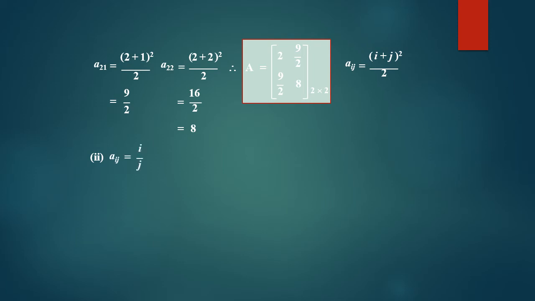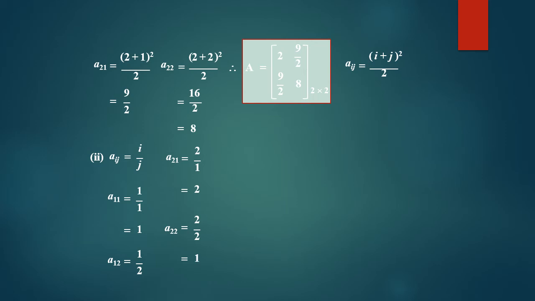Aij is equal to i upon j. So A11 will be equal to 1 upon 1, which is equal to 1. Next, A12 will be equal to 1 upon 2. Next, A21 will be equal to 2 upon 1 and A22 will be equal to 2 upon 2, which is